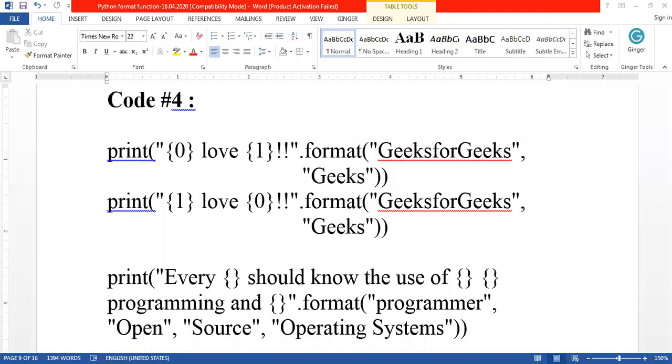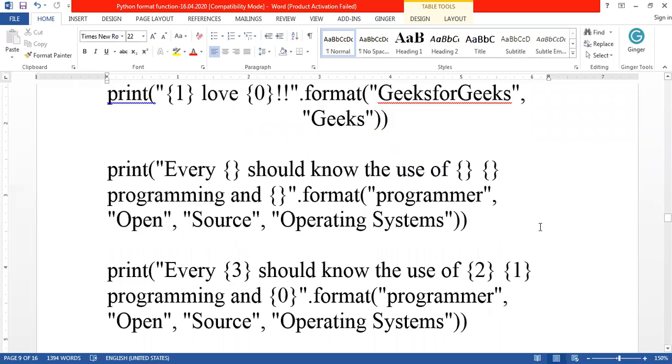So what is the first value? Geeks. Here the first value is geeks. So what will come? Geeks love geeks for geeks. Okay, so that is the output of this statement.